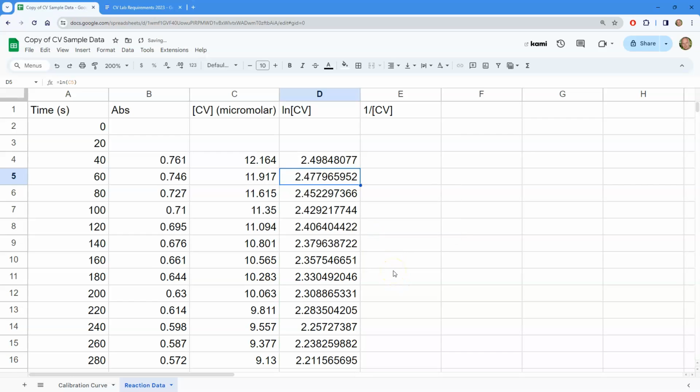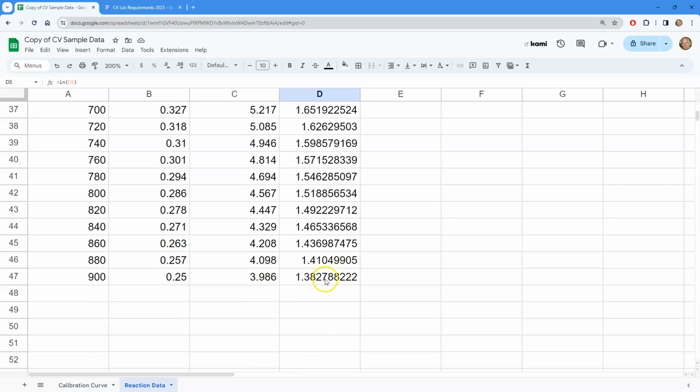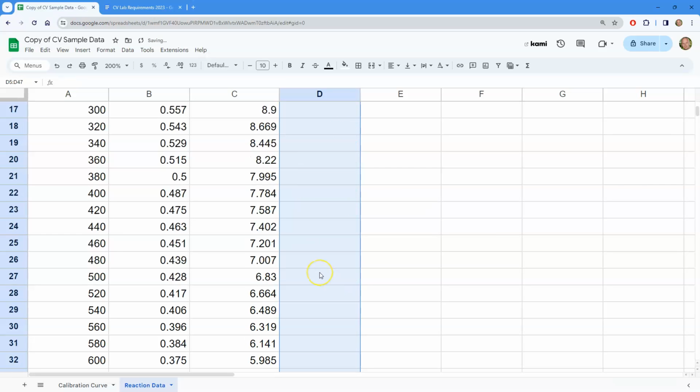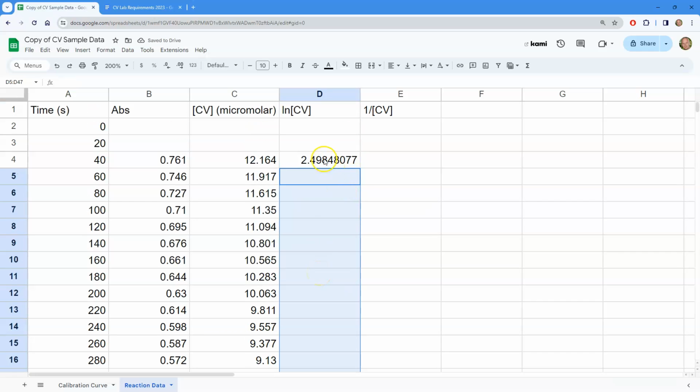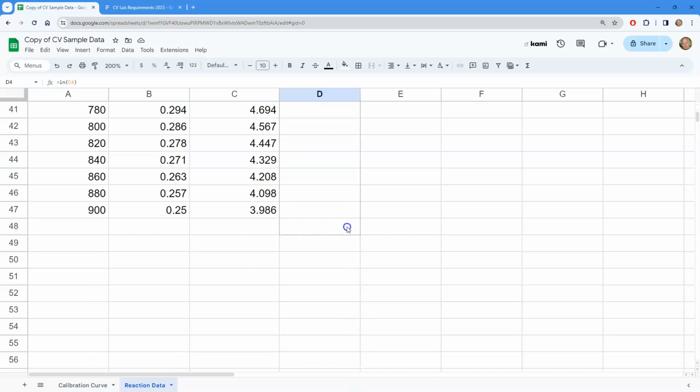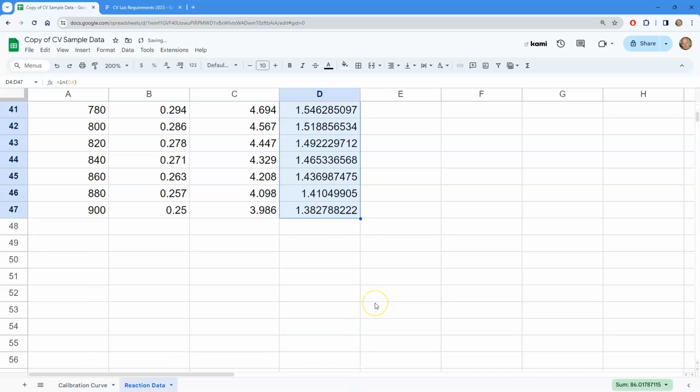Now if for some reason that didn't pop up, go to the cell that we just did, and let me just go ahead and clear this. You go back to the cell that we were just working in. There should be a blue circle in the lower right-hand corner. If you click on that and drag it down, it will let you fill in all of those boxes with